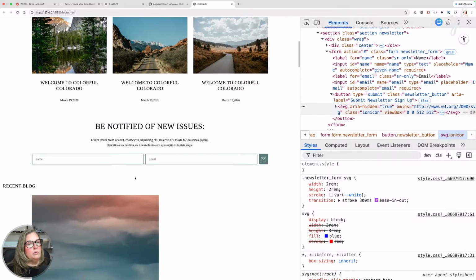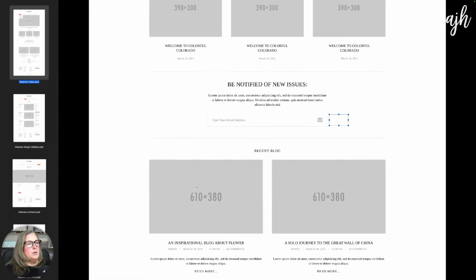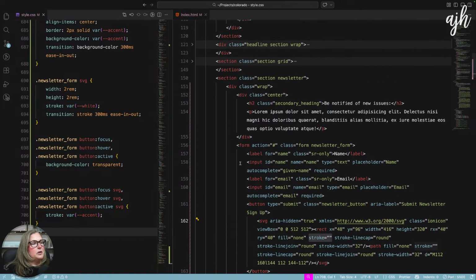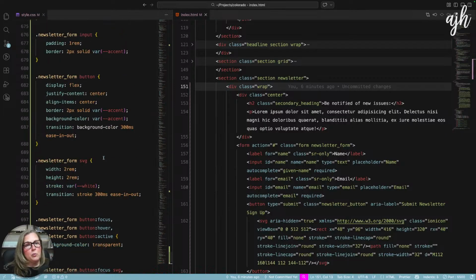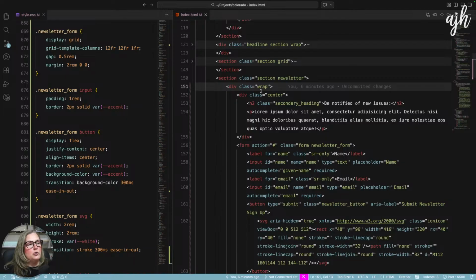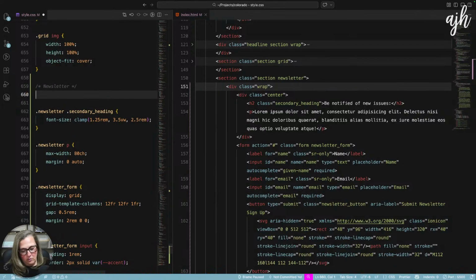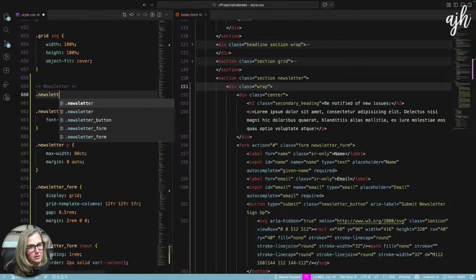So let's make sure that this is responsive. I feel like this feels pretty wide. Does that feel pretty wide? Yeah. I can maybe narrow this up a little bit. So probably the best way to do that, since we're using the wrap to pull it in, and the wrap is really determining what the width is, is to just do a new wrap max width for the newsletter. And that's all we have to do. So we're just changing that one little thing.